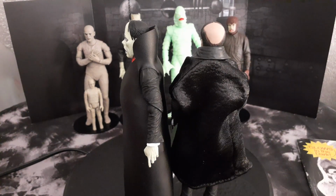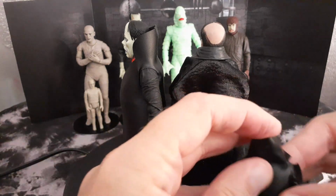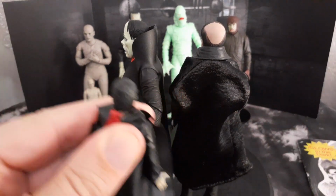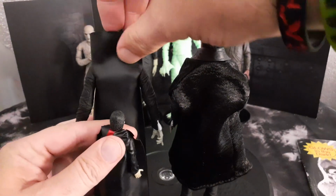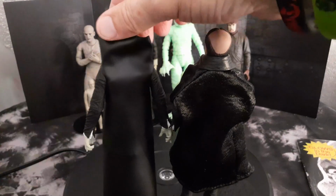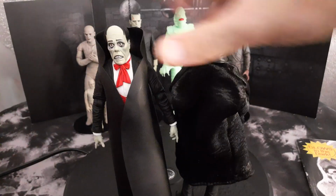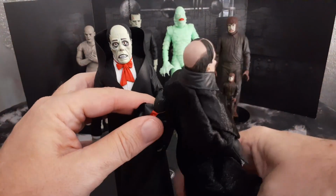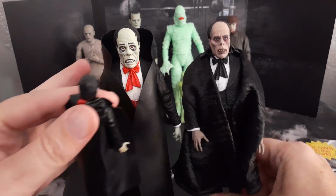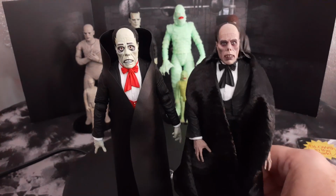Now, the reason they did that, of course, is because they're trying to stay as faithful to the original as possible. So they're going to be giving you all of the hair there as well. So who knows? Is this a younger version of the Phantom? Maybe. Who knows? But again, the fact that they are reproducing these Remco mini monsters, which are really...